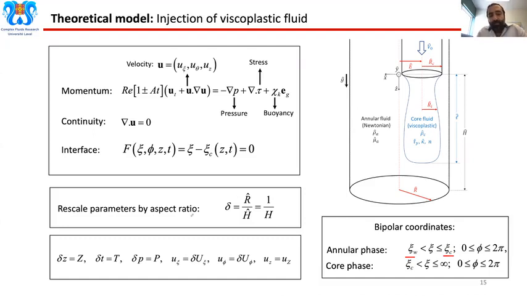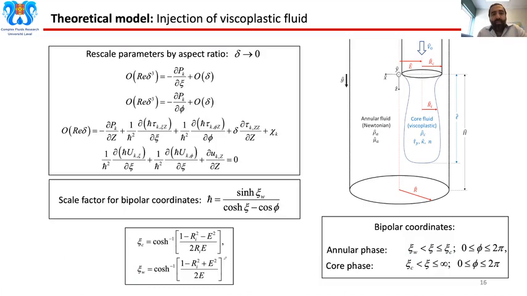We use the small parameter of the system, delta, which is basically the inverse of the dimensionless height of the system, to rescale the parameters and obtain the reduced equations, based on a traditional rescaling of the flow parameters, flow variables, sorry. So if you assume that delta goes to 0 in a traditional way, at a fixed Reynolds number,